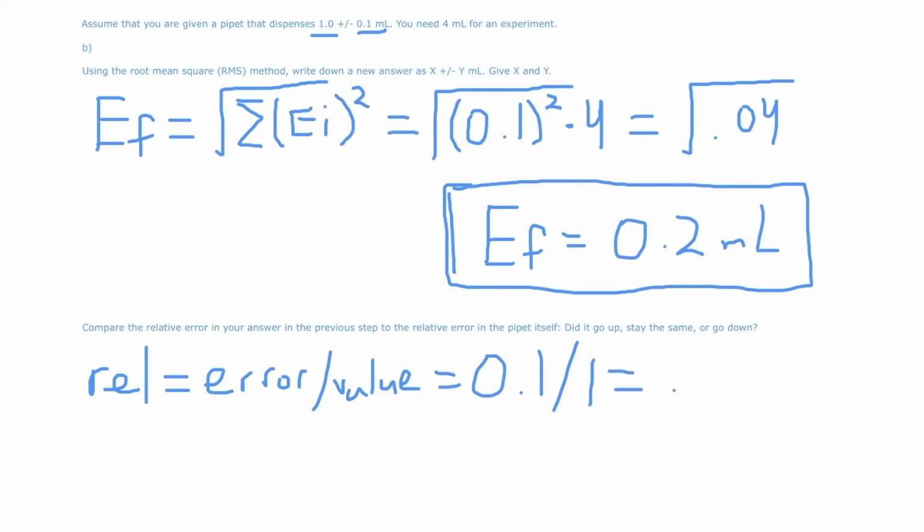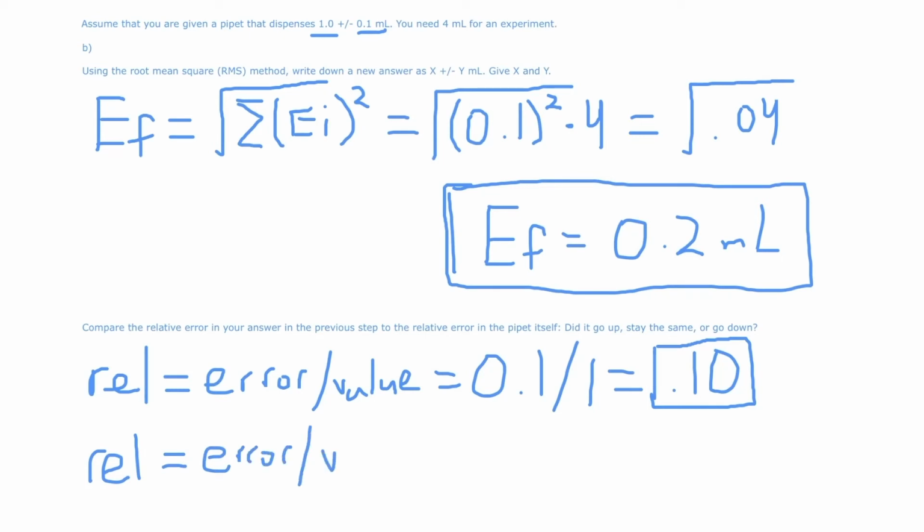So this leads to a relative error of 0.10 for the pipette. I'll actually make that box a little bit smaller here because we're going to want to circle an answer. Okay. And then the relative error using the RMS method,